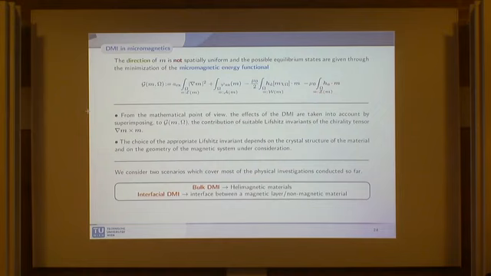But of course, to point this out, I have to tell you how we can model the Dzyaloshinskii-Moriya interaction. Mainly there are two kinds of Dzyaloshinskii-Moriya interaction, and they can both be treated as some invariant of the Lifshitz-chirality tensor. This is the bulk DMI, which you can see in any magnets, and the interfacial DMI, which appears when you have,